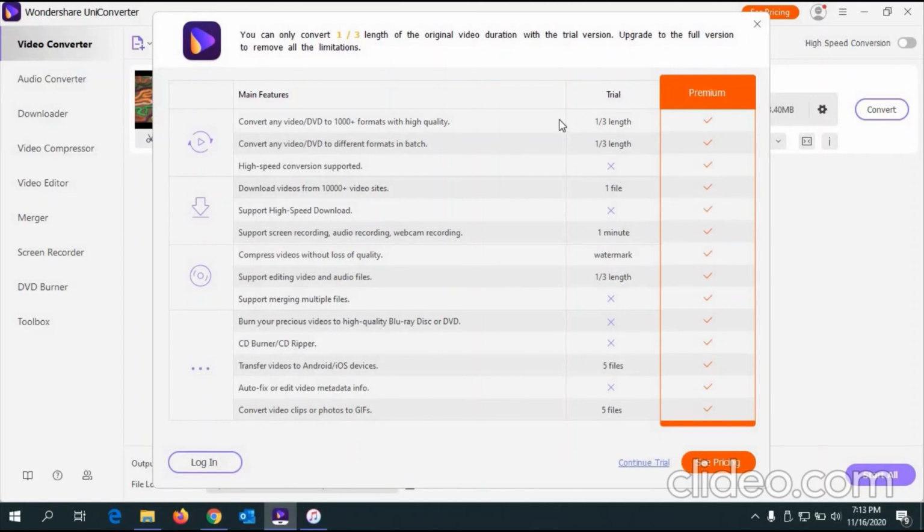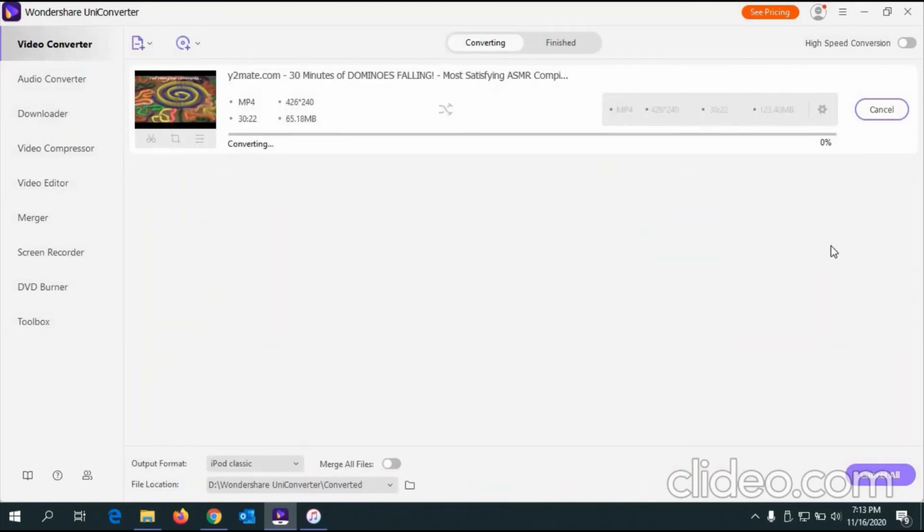This is a trial version. You can just keep it as the trial version, nothing will happen. If you want premium, you can, or else just click on continue trial. It will not ask you for money. Free trial. So it's converting.